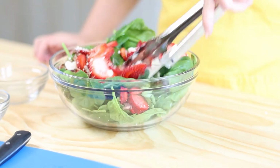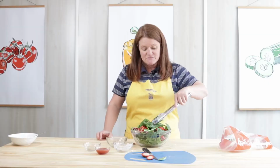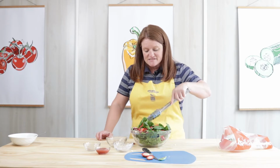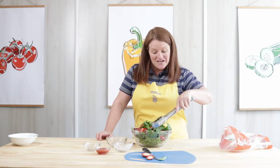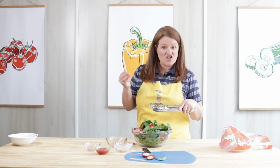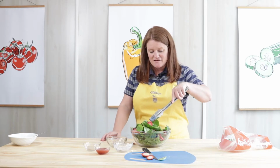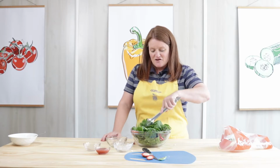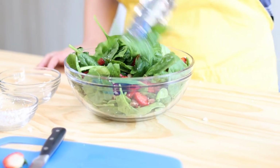And you could use kale instead of spinach if you prefer kale. You could always massage your kale or spinach to kind of soften it up a little bit before you add your fruit and cheese and nuts. Once this is kind of mixed in,